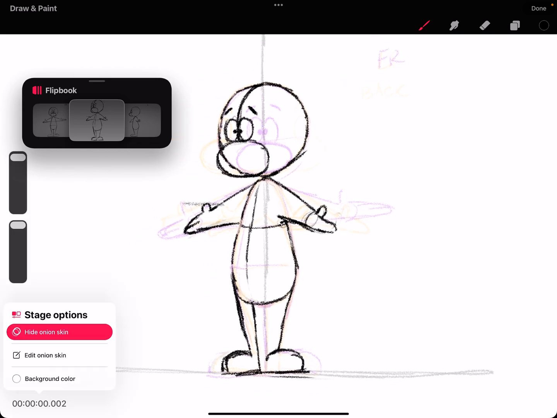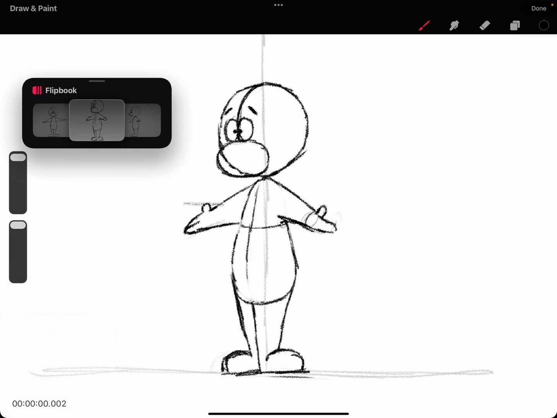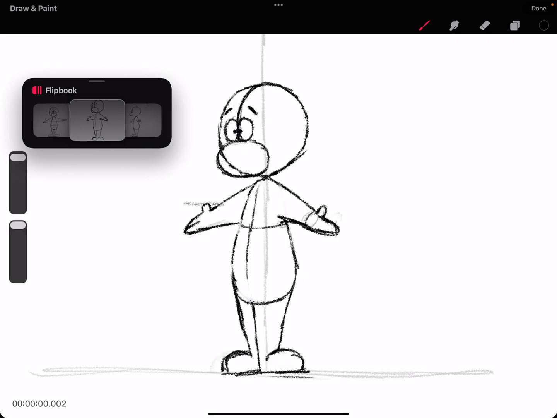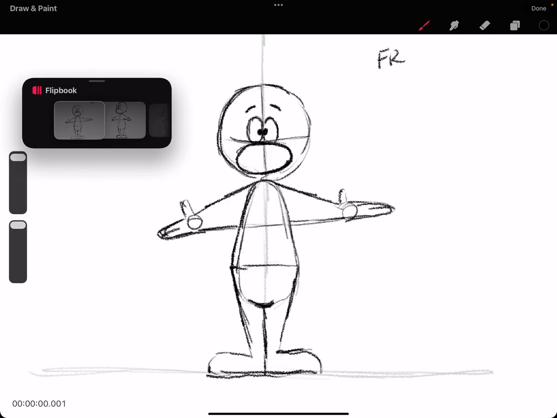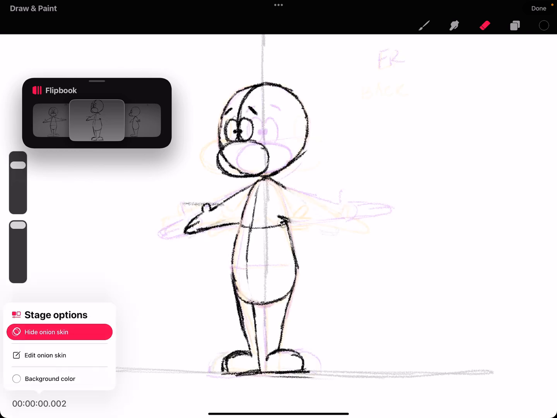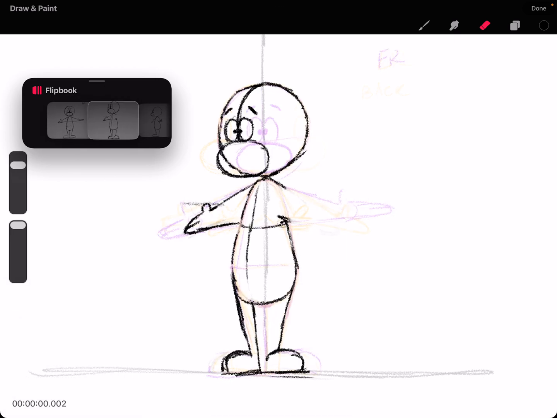All right. So if I turn my onion skin off, you can really start to see how Norman is turning. I think maybe this in between on this arm could be adjusted a little bit better. So always go through and check your work. Animation is a lot about revising. I see I landed that in between a little bit wrong